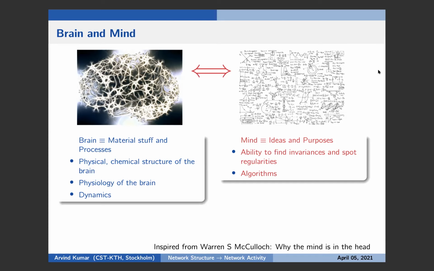Now, obviously, we know that the brain hosts the mind. That means that somehow the brain activity dynamics holds clues for the algorithms it is running. And it makes sense that if we knew something more about the brain, perhaps we can unravel the algorithms the brain is using, which of course are very energy efficient and work for very sparse data as well. So in this talk, I'm going to explore a little bit about the structure of the brain, particularly the connectivity structure of the brain, staying pretty much in the middle layer of the description of the brain, if you wish.